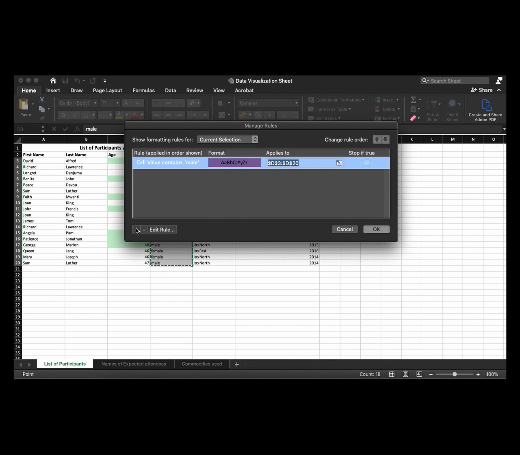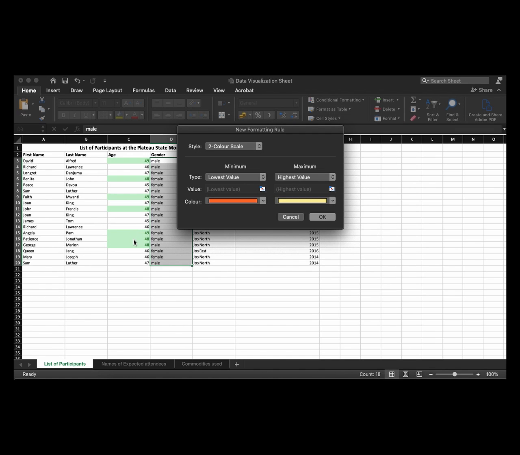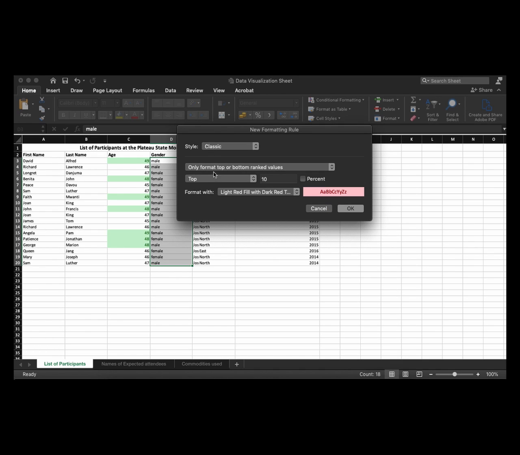And then I can click plus to add another rule to that selection, because remember, we want to format for the two possible values that we have on that column. And then I select classic again and select only format cells that contain. I leave this as specific text, I leave this as containing, and type in female. Then I go to customize format,